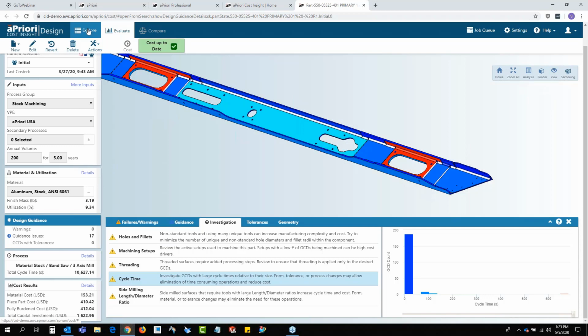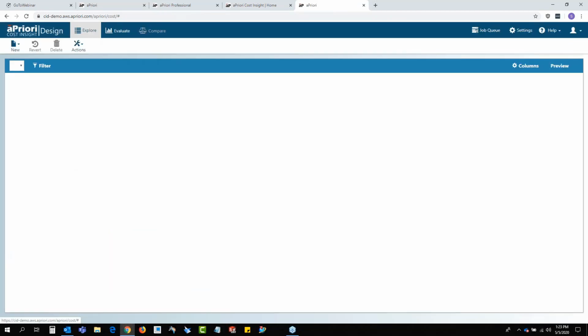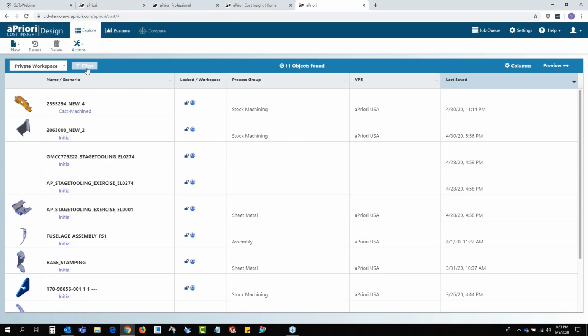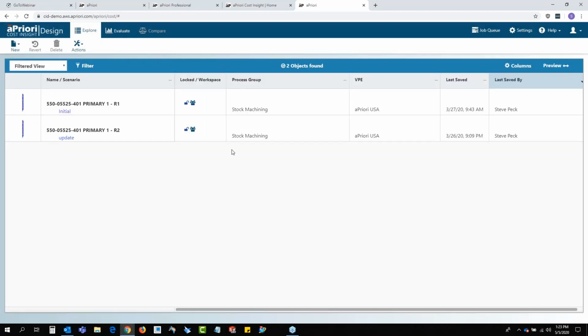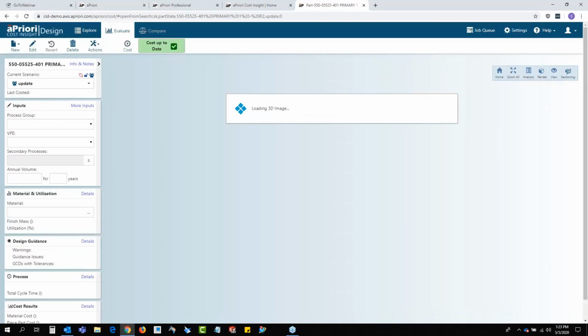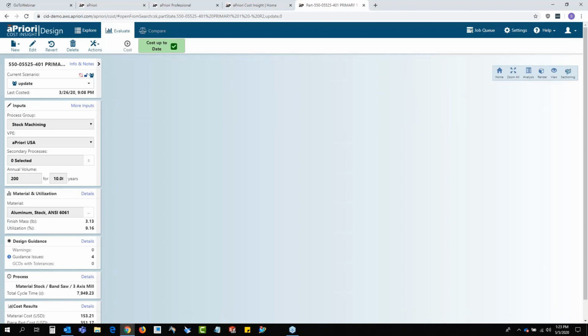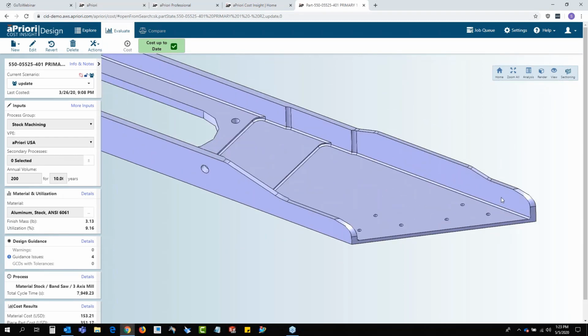There's a plugin that allows you to work concurrently between your CAD design, make changes from a geometric standpoint, a PMI standpoint, and have those reflected and updated within Cost Insight Design. I'm going to just jump to the end results where I've already made those changes to clean up and address those issues, and we can take a look at the result there. So I'll actually filter down my list of parts in Cost Insight Design here and open up the R2 version of this part. So here we can see as this part opens, you'll see that the geometry has been cleaned up,